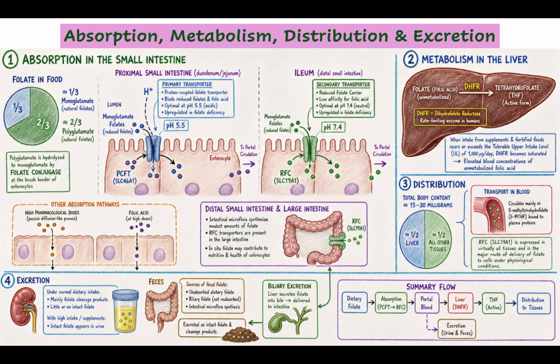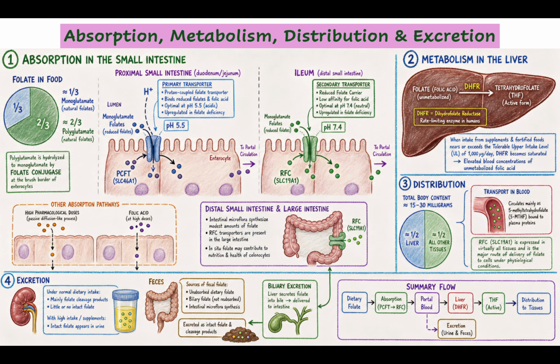The next area of focus is absorption, metabolism, distribution, and excretion of folate. Folate in food is roughly one-third in the form of monoglutamate and two-thirds polyglutamate. The latter is hydrolyzed to monoglutamate via a reaction mediated by folate conjugase at the brush border of enterocytes in the proximal small intestine. Subsequently, intestinal absorption is primarily accomplished by the proton-coupled folate transporter, a protein coded for by